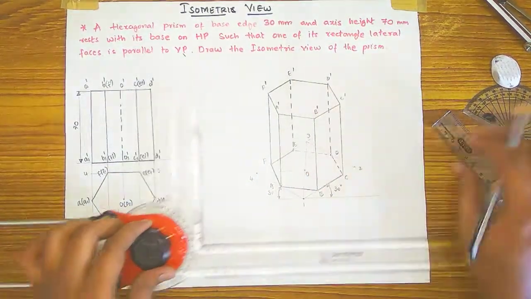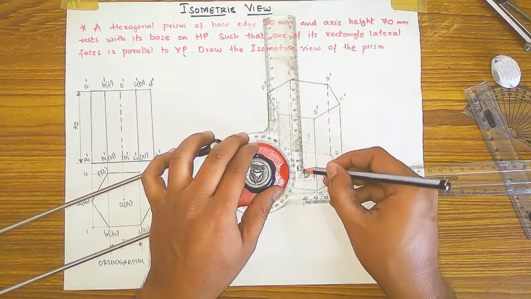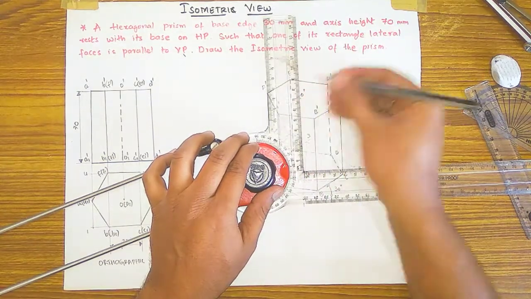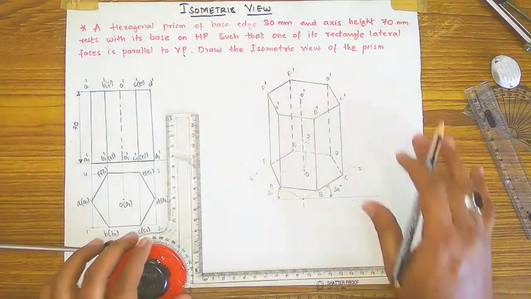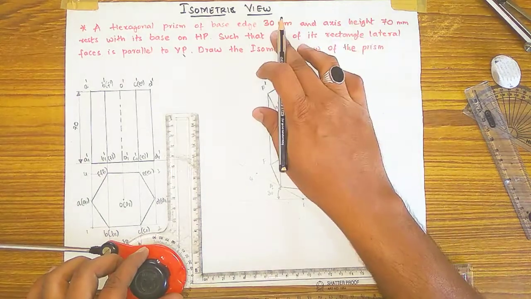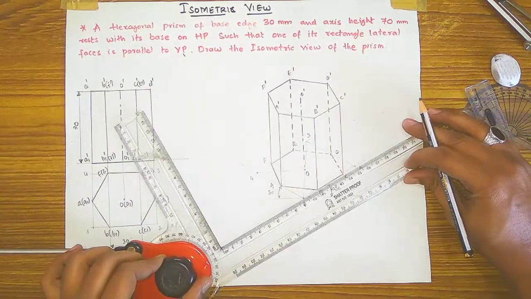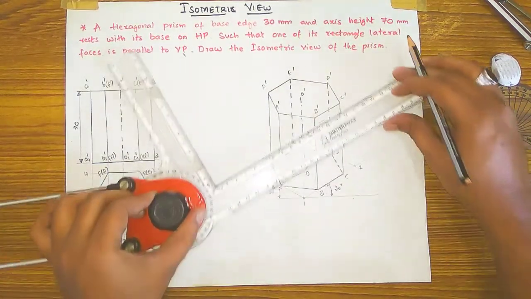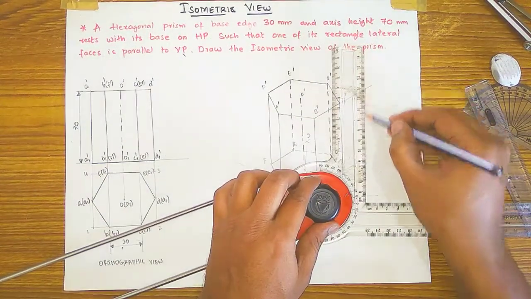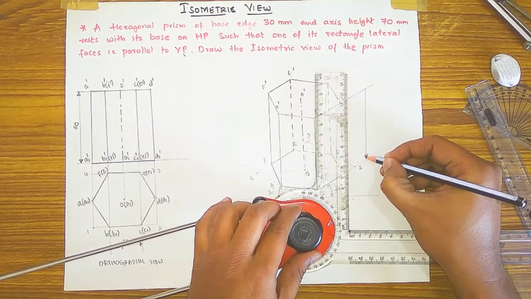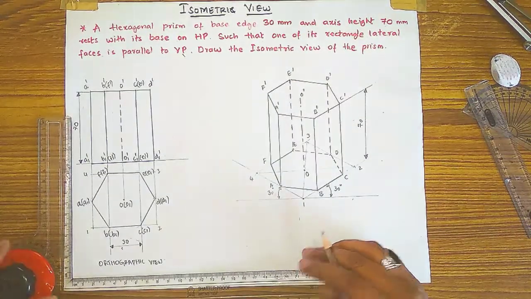Now from axis to axis you are having 70 mm height, so taking the axis 70 mm height from O only till here, and this will be O dash, and from here you have to draw our axis line like this. Okay, and this will be the complete solution. Then after, as given in the question, 70 mm height is there. So from this the lateral surface is having 70 mm. So taking the extension line from here, already I have done, and from that line I have to take an extension line like this, a dimensioning line like this, arrow mark, 70 mm, show the dimension. And this is the complete solution of this problem.